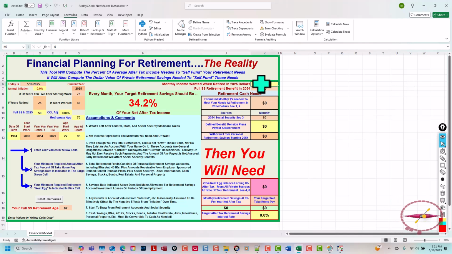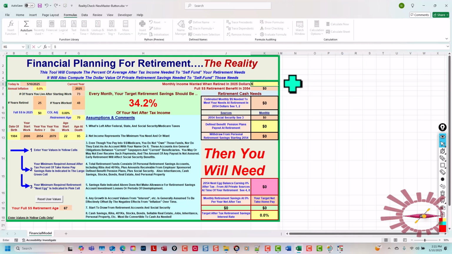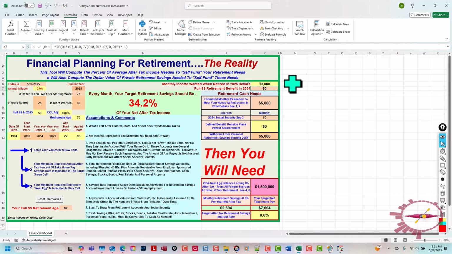Now, so far, we haven't defined any amount of money we need to live off in retirement. Let's assume that we need $5,000 a month to live comfortably in retirement. It's not a lot of money, but it's probably realistic. I'm also going to point out that you'll see that this value is based in 25 years, and that's because everything on the spreadsheet is factored by the current date. This is currently May the 10th, 2025,